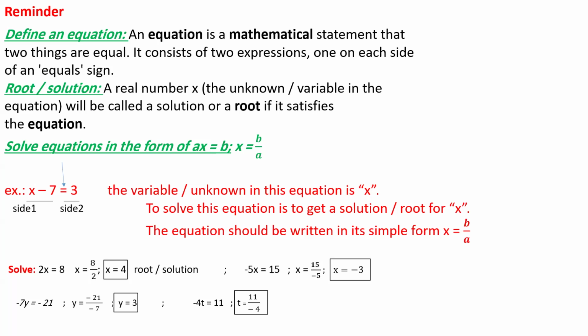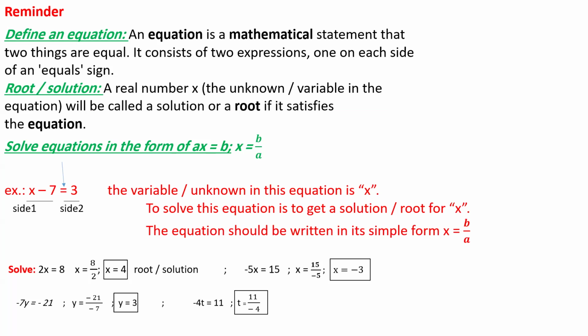So a real number x, which is the unknown or the variable in the equation, will be called a solution or a root if it satisfies the equation. So for example, if we are given an equation, in this equation, we have a variable x. This variable x has a numerical value. So we will be given the equation and the numerical value of x. To verify that this given value is a solution or root of the equation, we replace the given value of x in the equation. What do we mean it satisfies the equation? After calculation, if we get two equal sides, then this value is a root or a solution